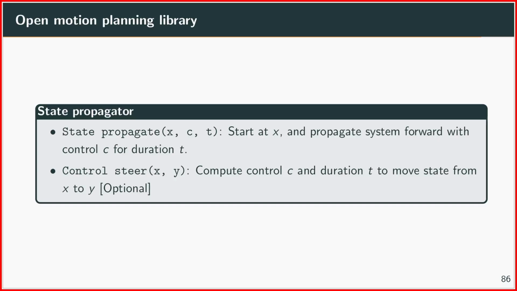And if you have it available, you can also implement a steer function, which takes as input x and y, which are two states. And this function computes a control c and a duration t to move from state x to y. This is strictly optional, because sometimes you have very complicated dynamical systems where it is extremely difficult to compute a steer function, or sometimes it's even impossible. But if you can actually do it, it is usually a good idea because it can definitely